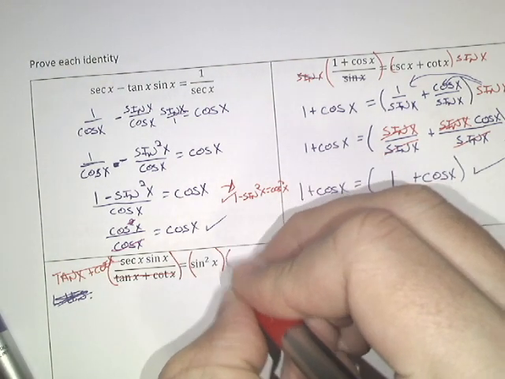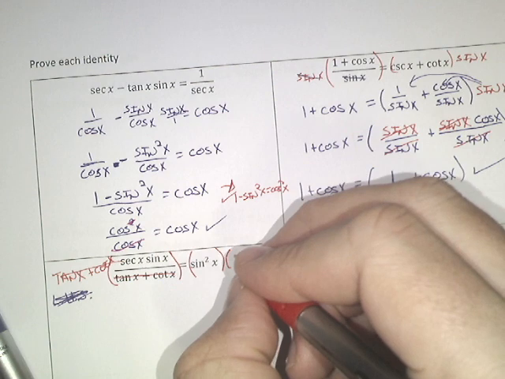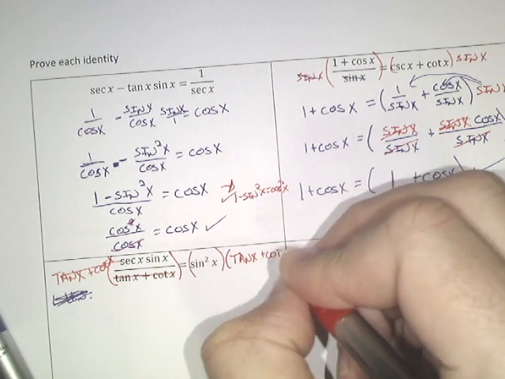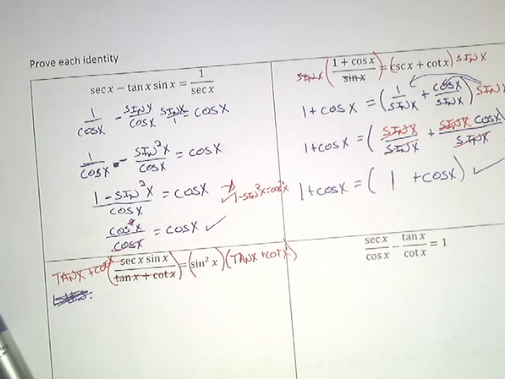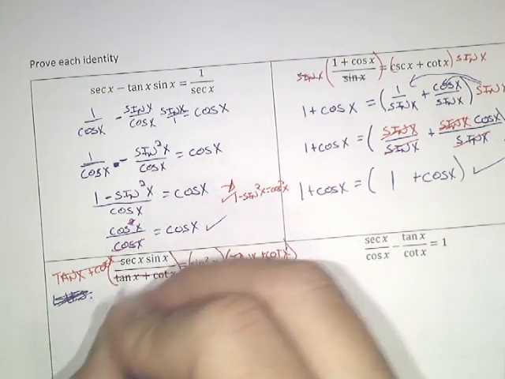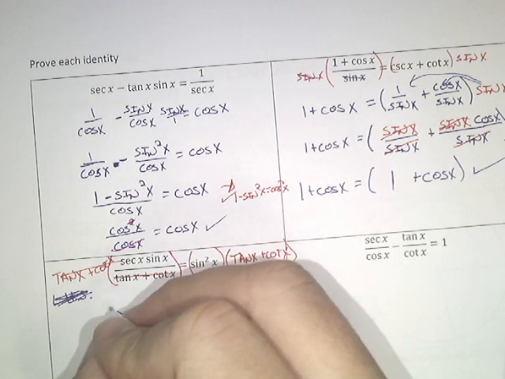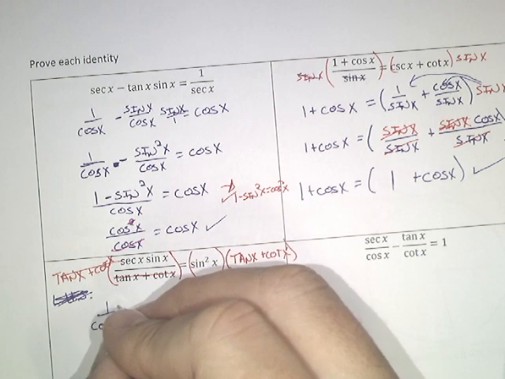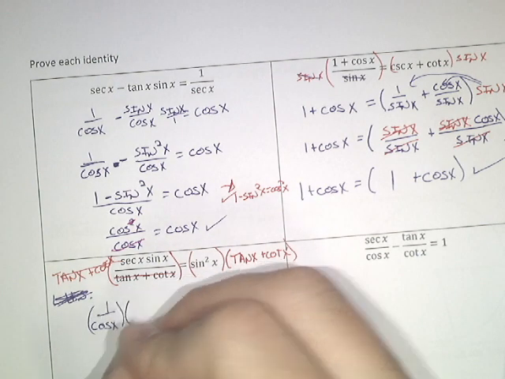And this is going to be tangent x plus cotangent x. Hopefully that'll be the best way. We'll find out. Denominators are the worst. Addition and subtraction in the denominators are worse. So once I do that, I'm going to make everything in terms of sine and cosine. So secant is 1 over cosine x times sine x